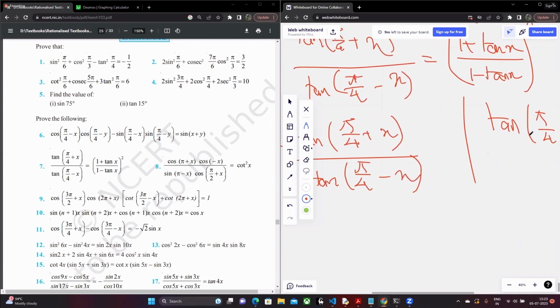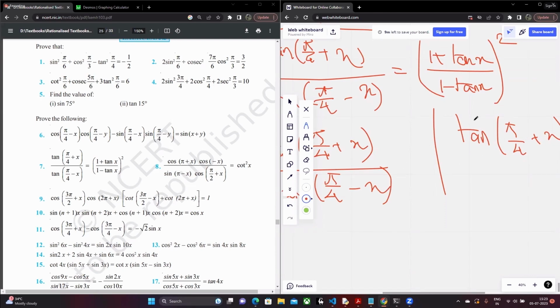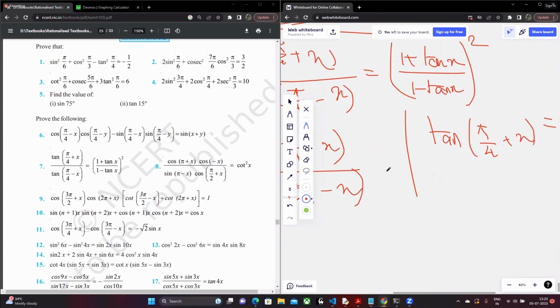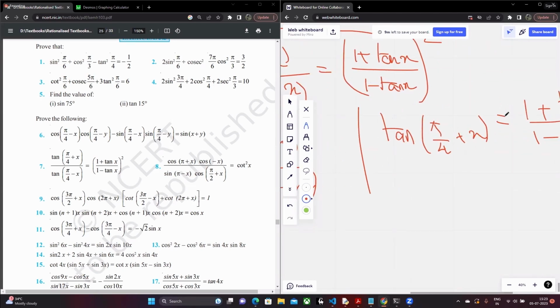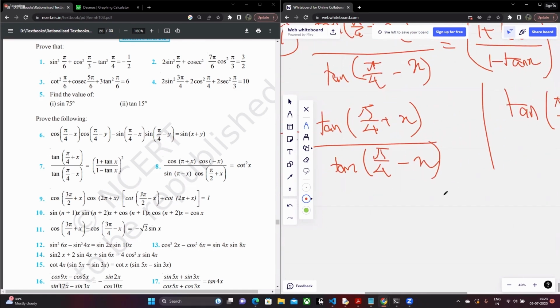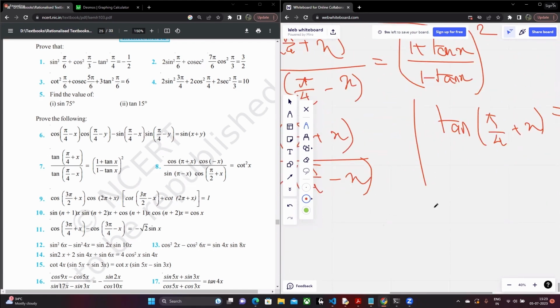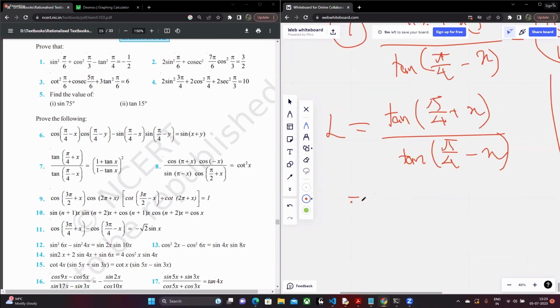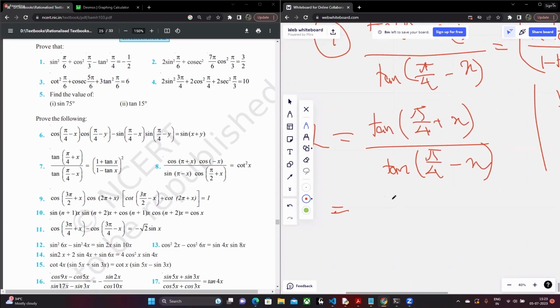It also stems from the fact that pi by 4 is the midpoint of 0 and pi by 2. So pi by 4 plus x and pi by 4 minus x are going to be complementary angles, right? And so it's going to be an interchange of numerator and denominator. Okay. So having stated that, I'll basically do this to be 1 plus tan x divided by 1 minus tan x,